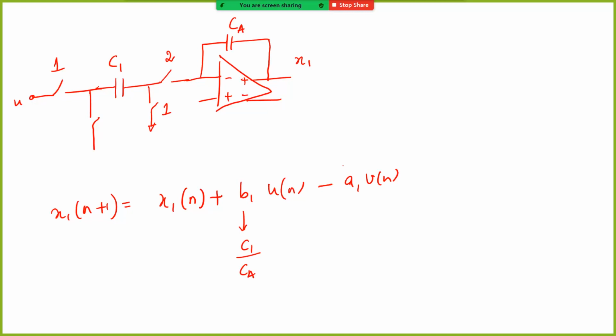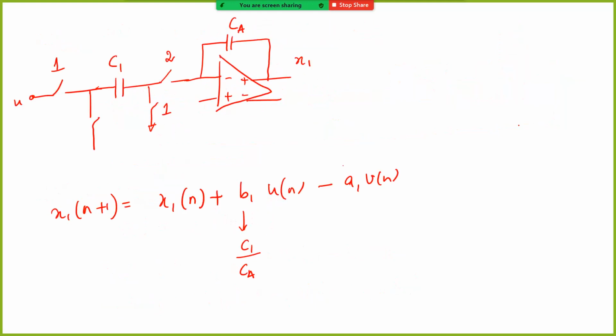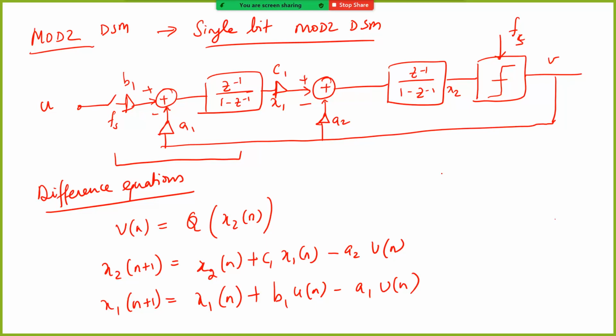And what is v? If you look at this particular thing, it is a single bit quantized signal, right? So let's say this also has some clock coming in, Fs. Now, in a typical thing, what did we do? We said we take the digital out, pass it through a DAC, right? We have a DAC, and that DAC output is scaled appropriately. But in this case, since it is a single bit quantizer, what do you think will be the DAC?